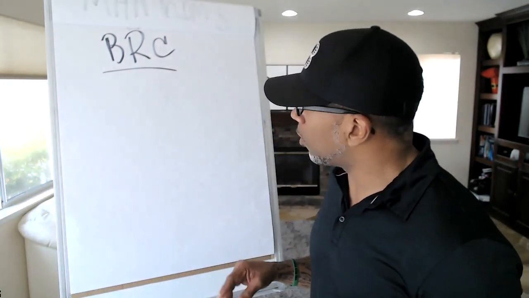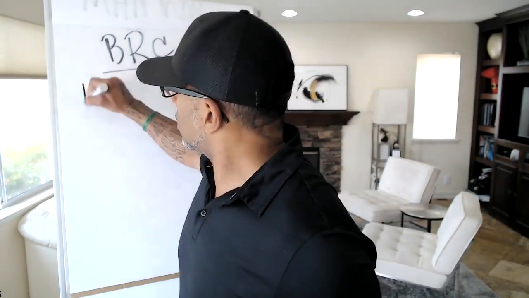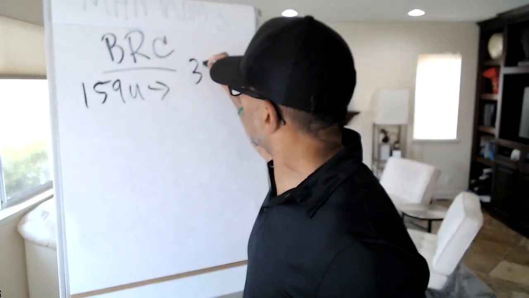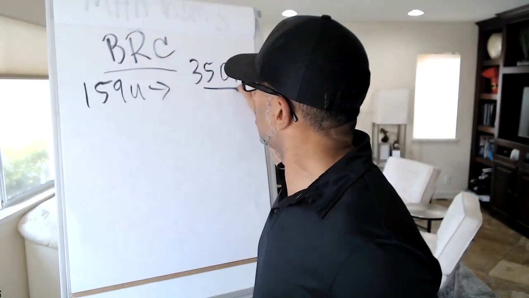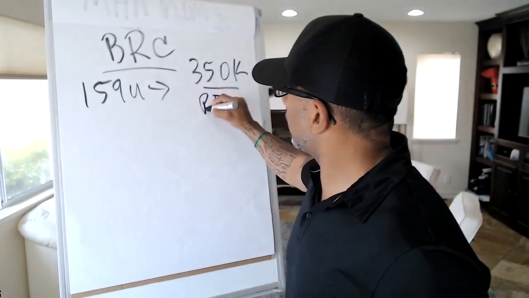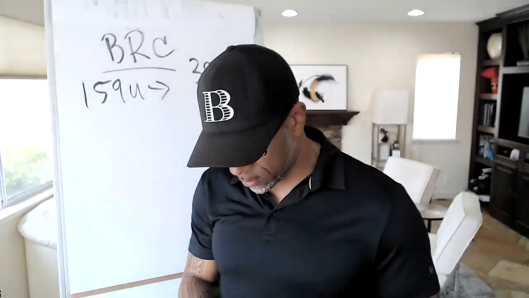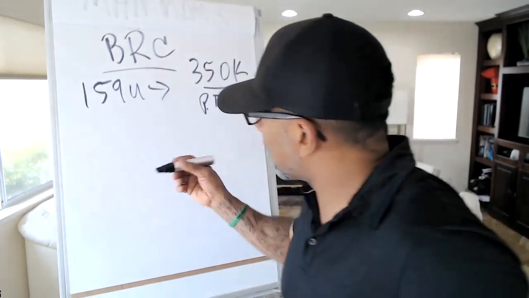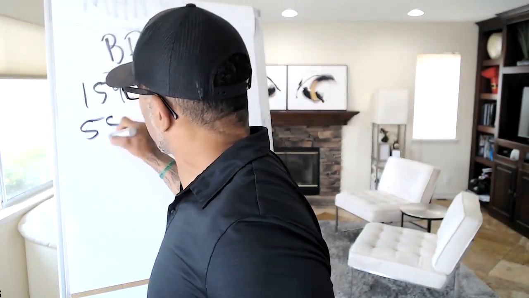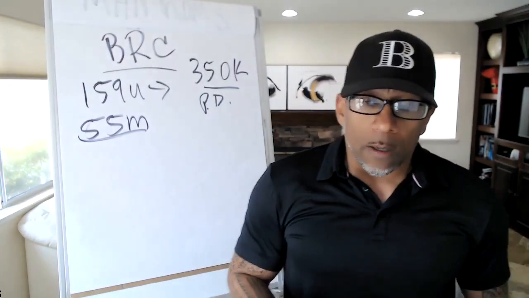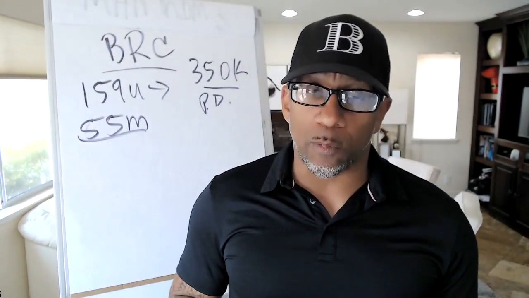This is the game. So on this specific deal, this is 159 units. They're asking roughly 350,000 per door. So what that works out to be is roughly about $55 million. All right, so we'll just keep it simple at that. The guidance on this deal is 55 million. That's the guidance. But when we go and we look at the package of the property, and you got to